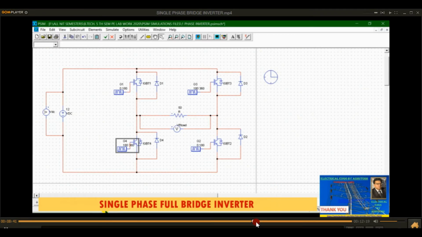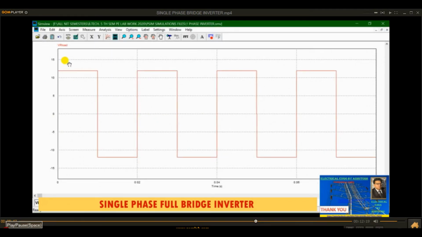So guys, basically we get this kind of waveform. You can see from this output waveform, this is the 0 axis, the 0 point, and then this is the positive half cycle. You can see this is a positive square wave, where T1 and T2 both IGBTs are operating. Here you will get positive output voltage, and then after 180 degrees up to 360 degrees you will get minus Vs.